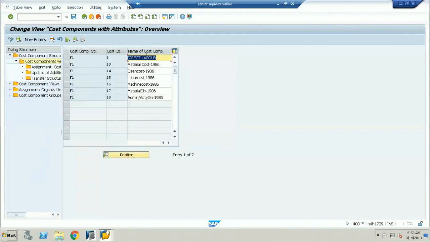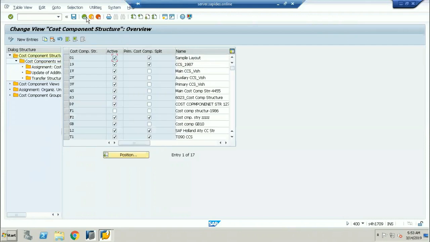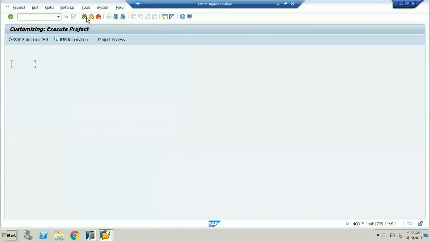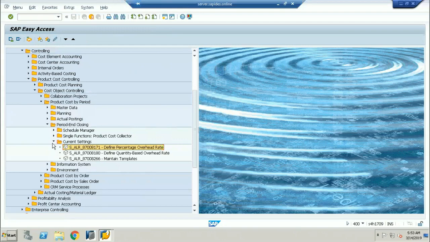In this cost component structure, I can create direct labor, material cost, labor cost, machine cost. I'm going to treat all the costs here, not as a percentage. The percentage will be taken care of by the cost sheet, and the rates you maintain over here, because this is at the component level, not at the item level. In this process, whatever variances you are going to get,